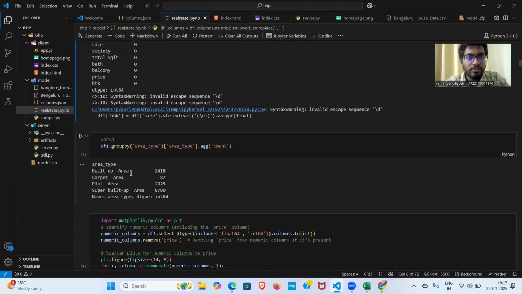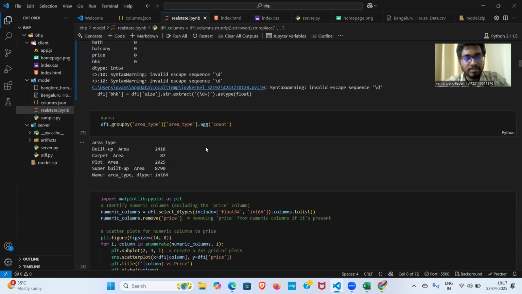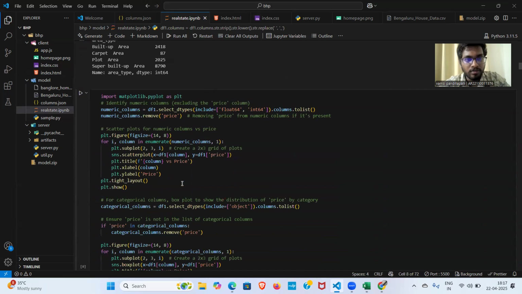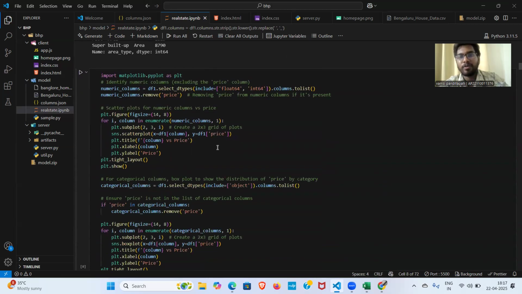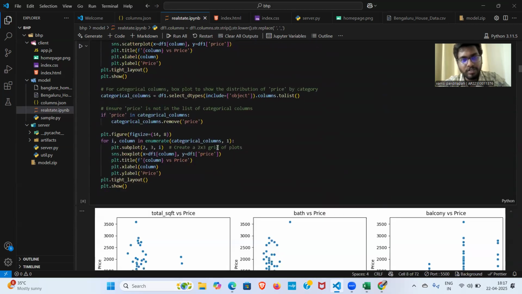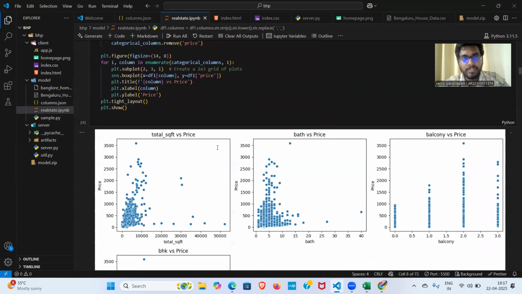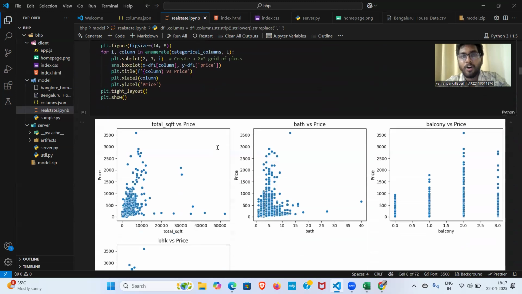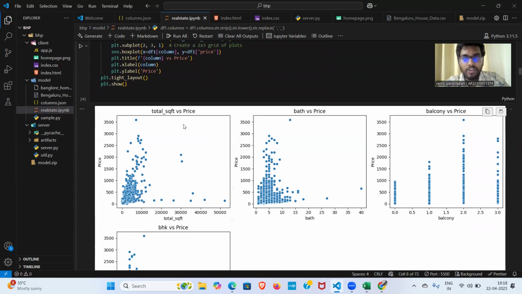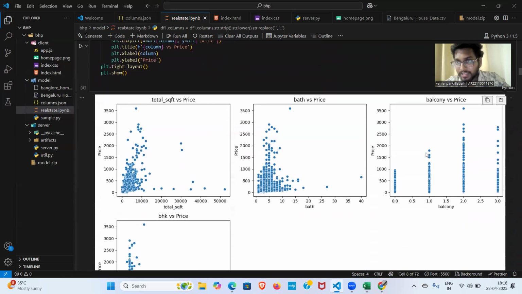You can find the unique values in our data set by using the aggregate function group by. I drew box plots for every column against the output column to show the relation between every column and the output column, and how much effect each has on it. Here we observe the balcony has less effect on the price, because there is only a slight difference between balcony versus price, and